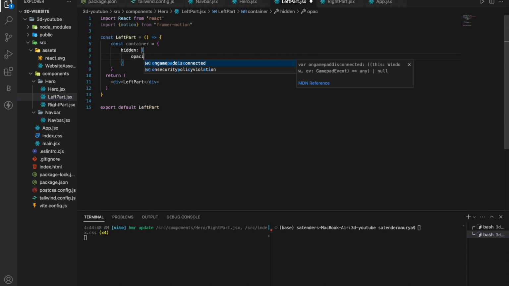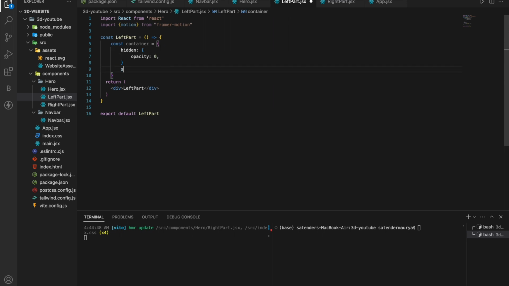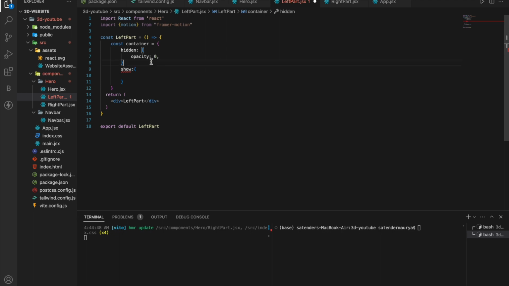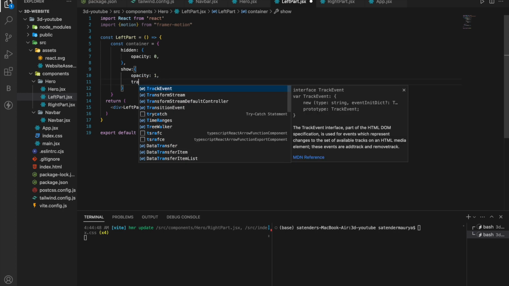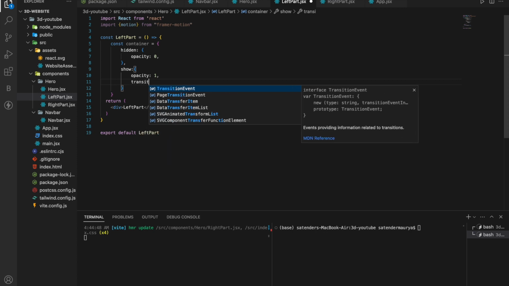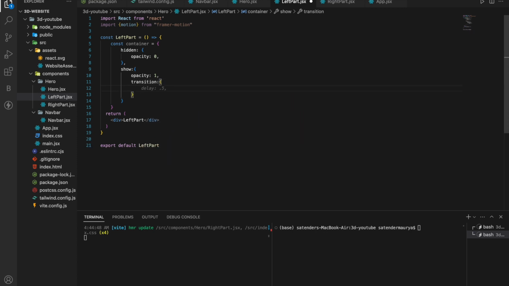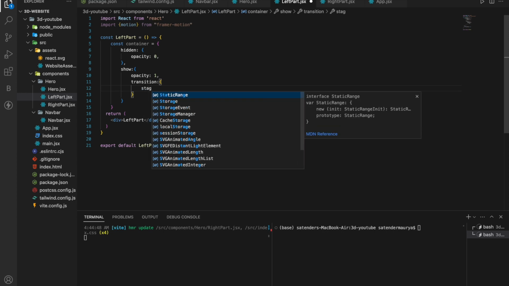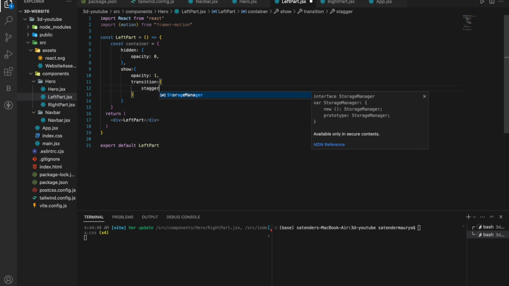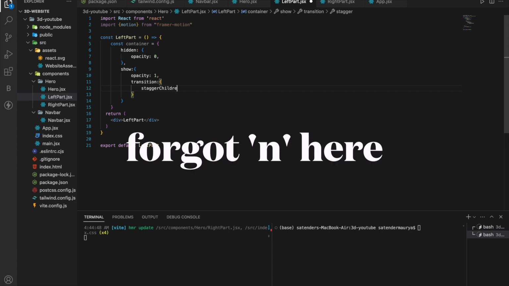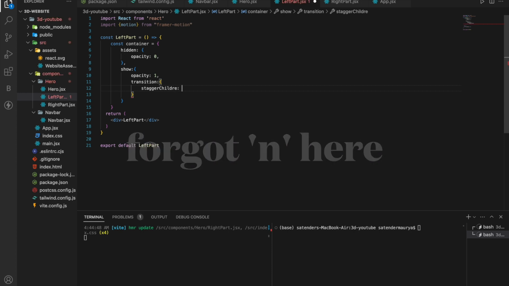and show will have opacity of 1, and then transition of stagger children of 0.3,